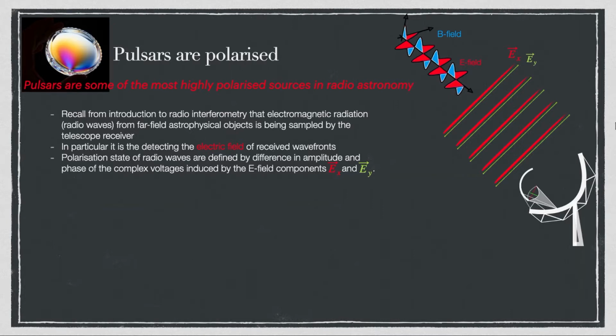what the telescope receiver is actually sampling here is the electromagnetic radiation, or in our case, the radio waves that are falling in from a far-field astrophysical object. It's far field so that we've got plane waves falling in. In particular, what we are detecting is the electric field of the received wave fronts, and we measure the voltages induced by these electric fields. So the polarization state of the emission that you are measuring can be characterized by the difference in the phase and the amplitude of the voltages that they induce. Ben expressed this in quite a bit of detail yesterday, but